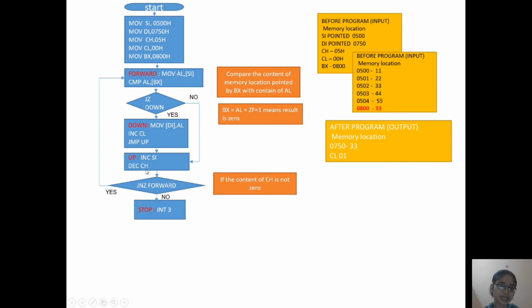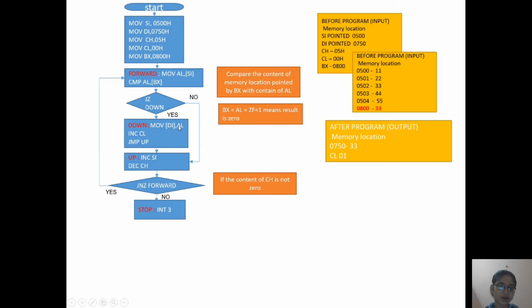So we know that the content of the CH register is non-zero, so the program comes to this forward label, and this loop runs again and again till the content of the CH register becomes 0. If the content of the AL register and the memory location pointed to by BX, which is 800, are equal, then only this zero flag is set and the program comes to this block.